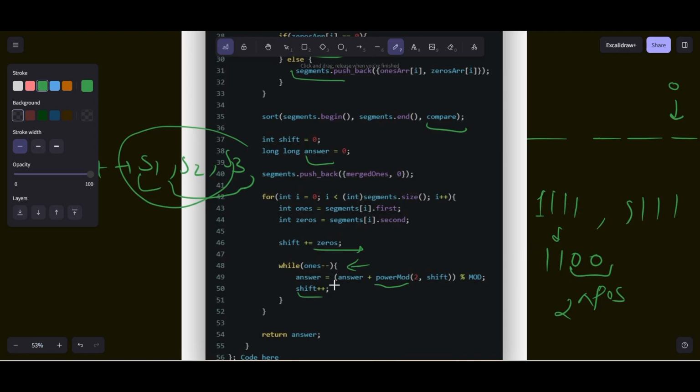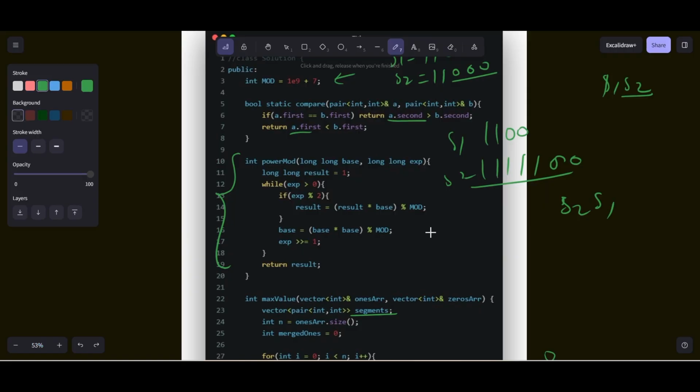Let's move to the power mod function. The power mod function takes a base and an exponent. If you want to calculate base to the power exponent, the exponent can either be odd or even.